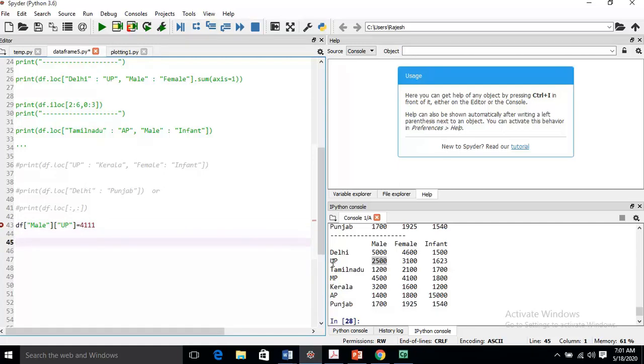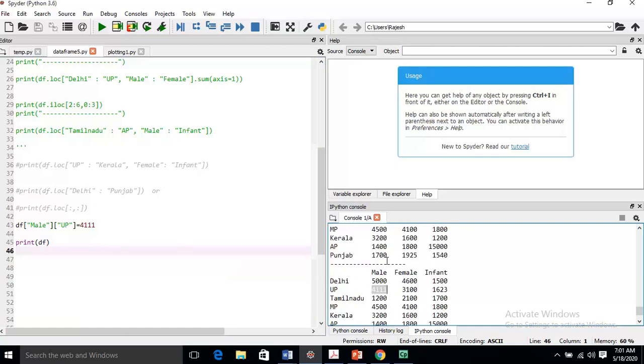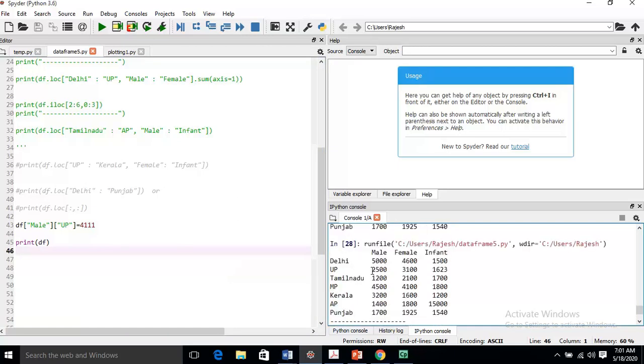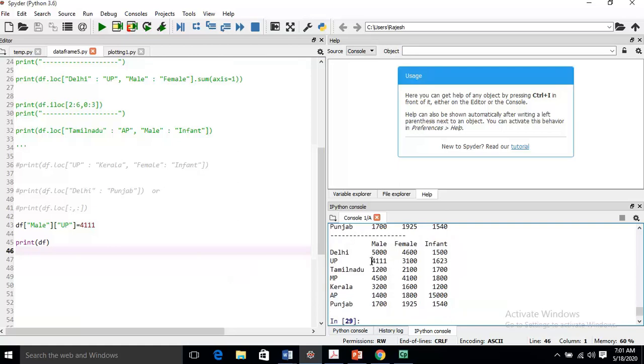Now simply print df. The previous value was 2500, and when I execute the code, you just see this value is replaced by 411.